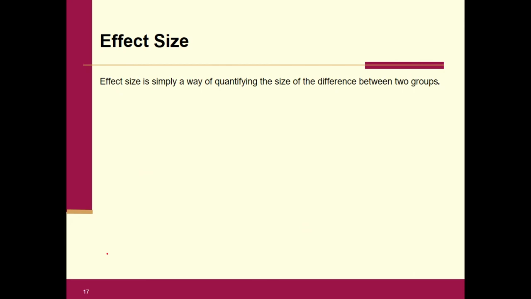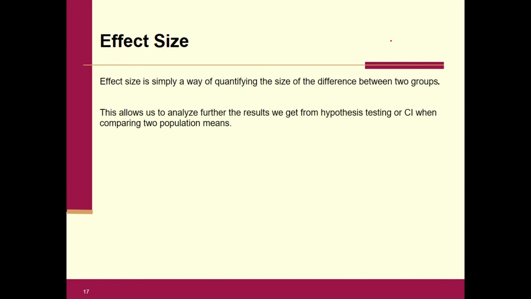All right, last thing that I want to talk about with regards to comparing two population means is what's called effect size. This is something that a lot of researchers go through these calculations for, to have an even better understanding of the difference between the two populations. Effect size is simply a way of quantifying the size of the difference between two groups. This allows us to analyze further the results we get from hypothesis testing or confidence intervals when comparing two population